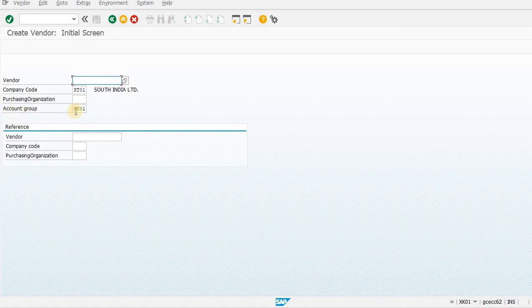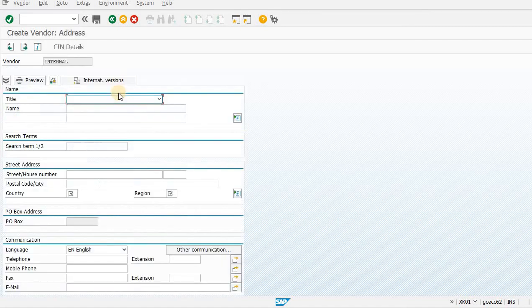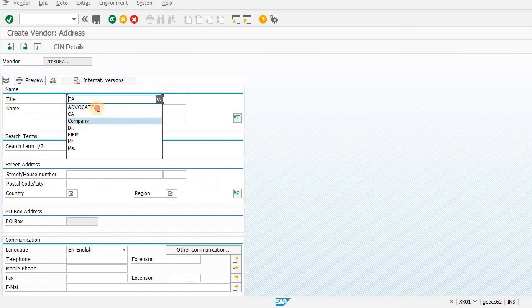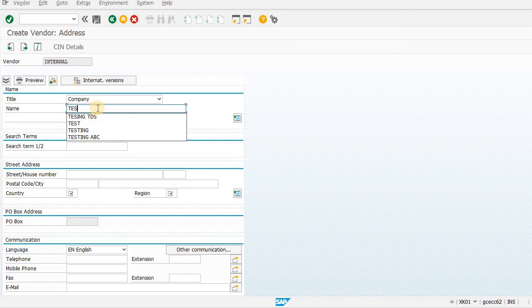So we enter the account group ST01, then enter. Now we select the company, then testing. We need to enter IN 30. See, we mentioned PO box number as a display field, so I cannot input any entry.